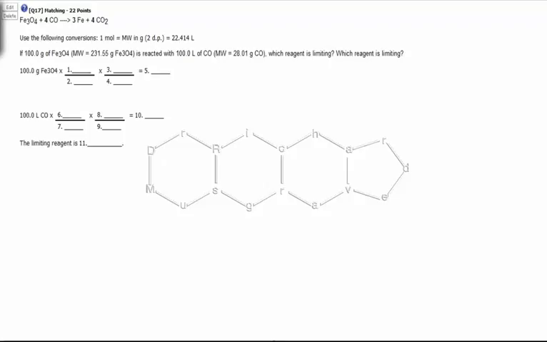Okay, this is a limiting reagent problem, and we're starting out with 100.0 grams of Fe3O4 and we've got 100.0 liters of CO. Those are both reactants, so we're going to see which one of these ends up being used up first. So in the spirit of what we've been talking about, let's say we use my cheese sandwich